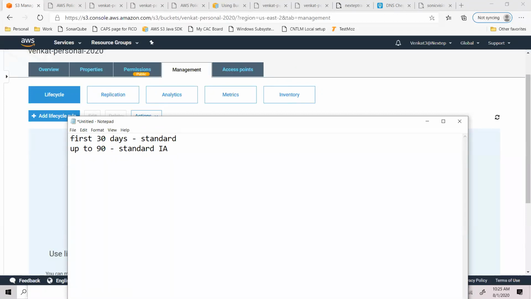Up to 90 days, now first 30 days, they will access it very frequently. So I wouldn't mind paying additional fees for being able to access it so frequently, and I don't have to pay per gig retrieval fees and all of that. Okay, but after 30 days, it's rarely, if they ever, use it. So I want to reduce my tiering to standard IA. After 90 days, I want to say up to 6 years,